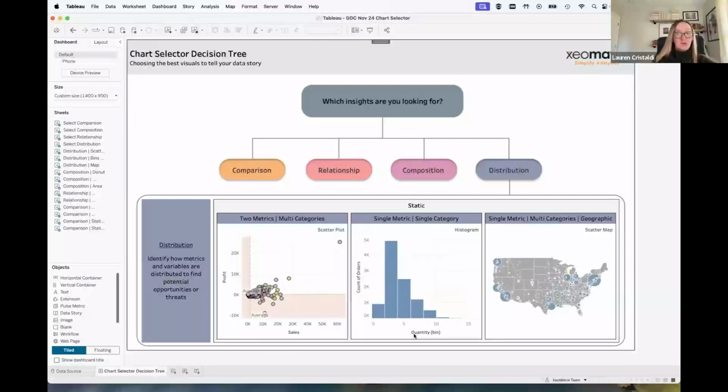Over here, this is a histogram, where we use bins and then the count of orders or occurrences. The bins are good because they help you group together different values. So you can see we normally have quantities ordered of two.